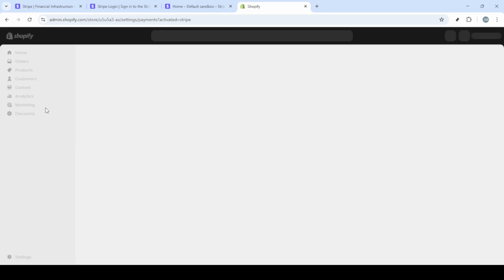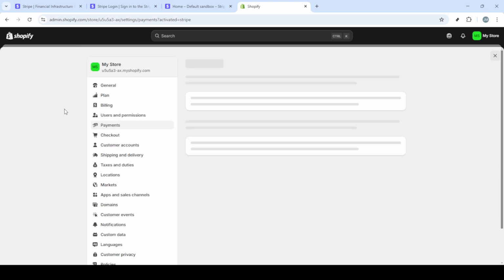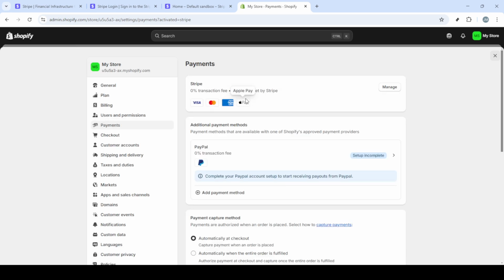This final step may include verifying account details, confirming your business information, and agreeing to any necessary terms and conditions. It's vital to follow these instructions carefully to ensure a successful